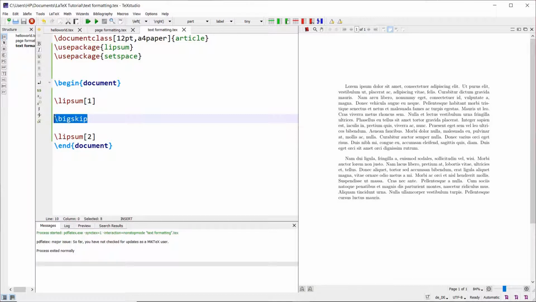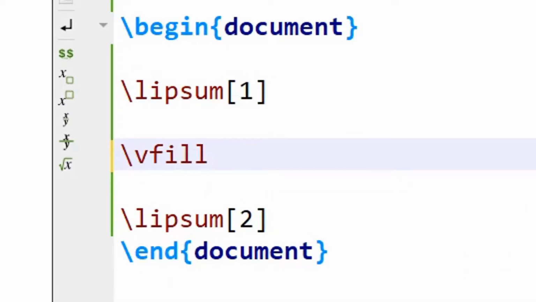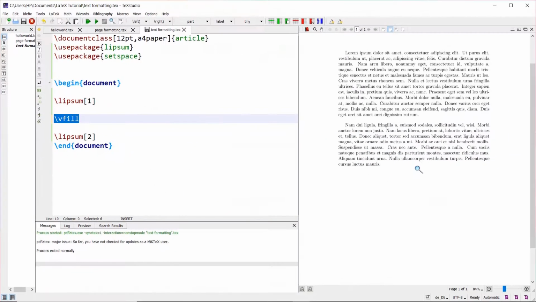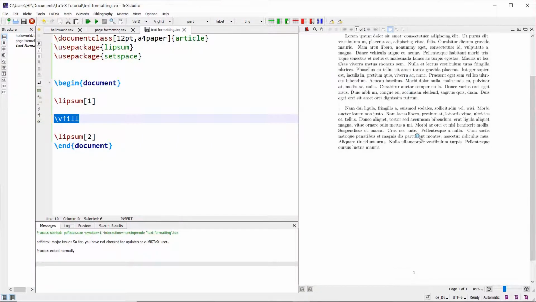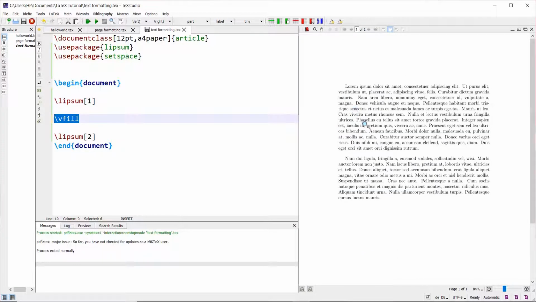Optionally, I also can specify vertical spacing using a command called vfill. Vfill is an interesting command. When vfill is used between two texts, then both texts are specified in the same page and both texts try to occupy the entire page.